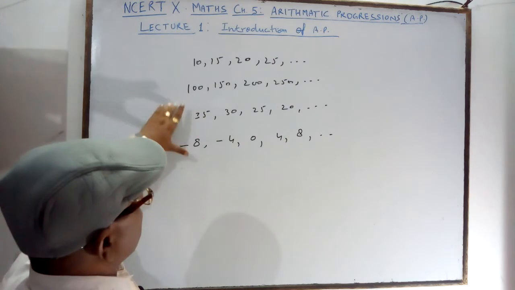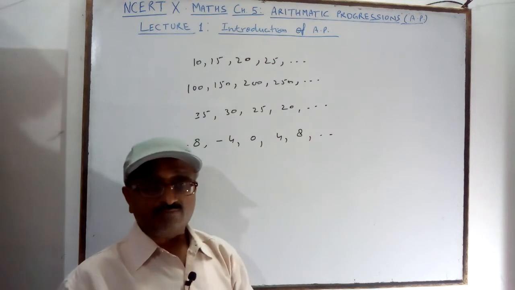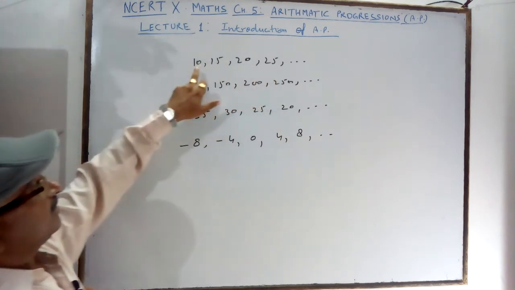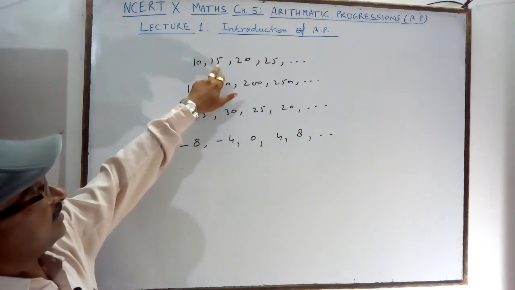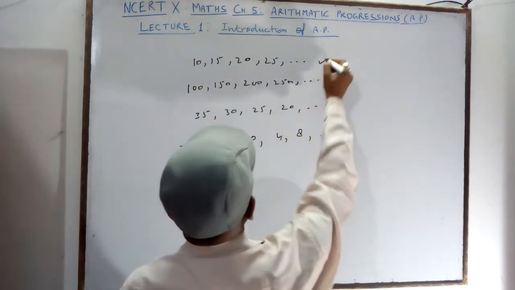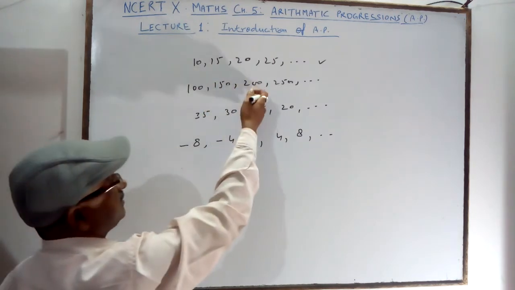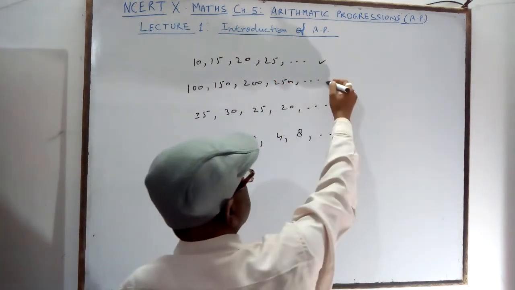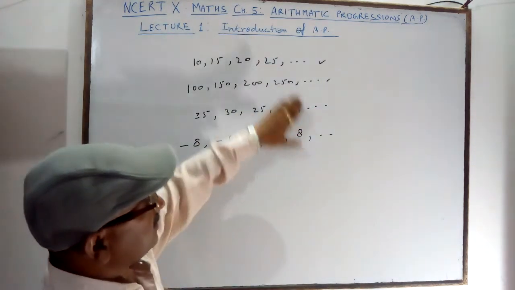So these sets of numbers have a fixed value, and you get the next number by adding it to the previous one. Here, in this list, we add 5 to the first number, then 5 to the second number, then 5 to the third number, and you get this set. Same thing here: the first number is 100, we add 50 to get the second, add 50 again for the third, then add 50 for the fourth, and we get this set. The dots indicate it is infinite. There are two types, finite and infinite.